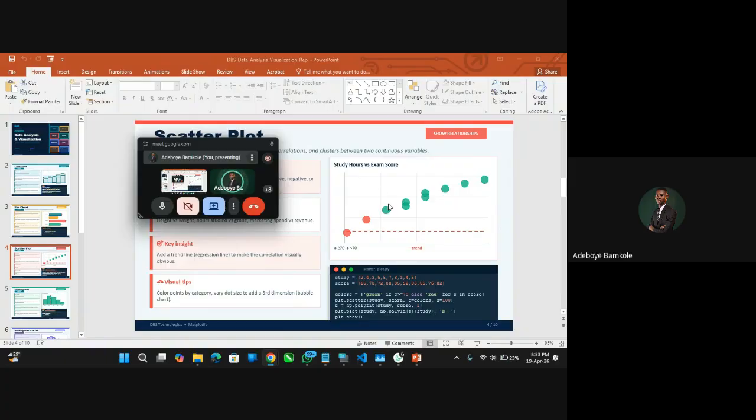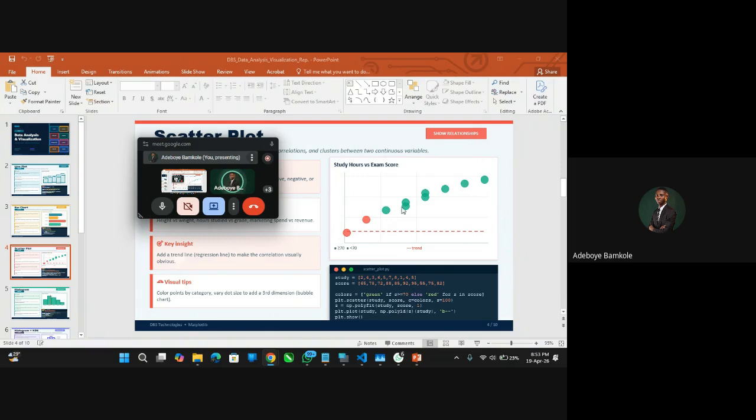So now they will need to visualize that, because not everybody will be able to go through your data. Even from the data, say study hours and score, I can't really predict. I will now start using my eyes to see. But when you have it visually in a graph, you can predict if they are related or not. You can see, oh, these things are in clusters or that. So that is how